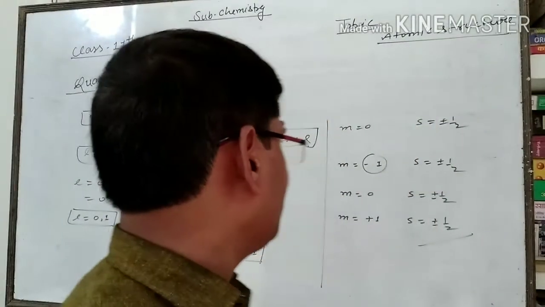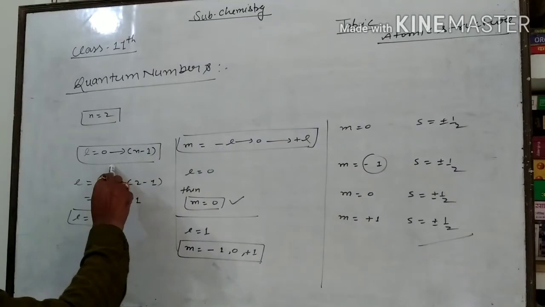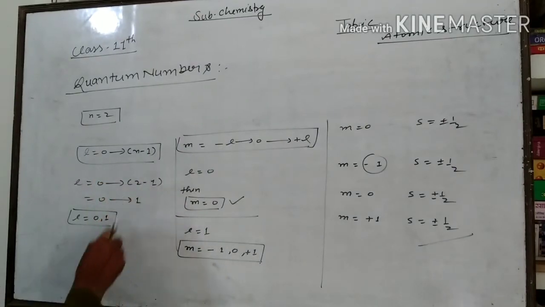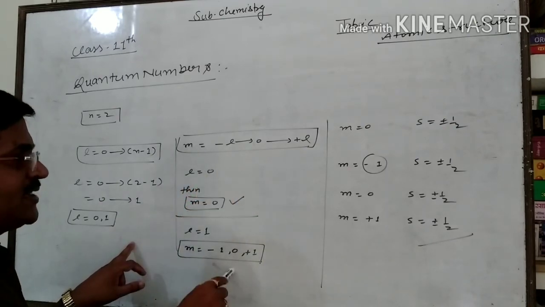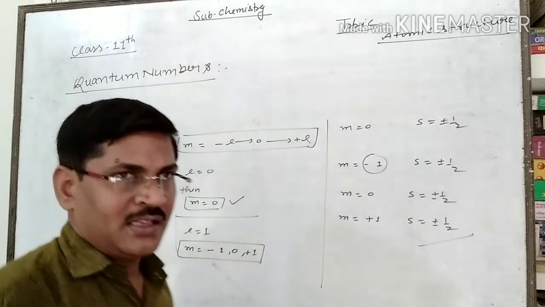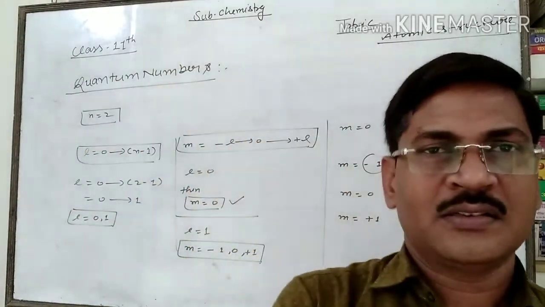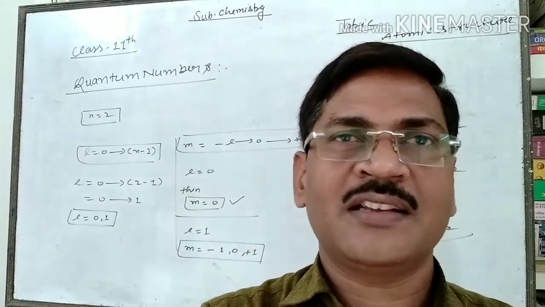Let us see once again. As given here, by using the formula of the principal quantum number, this, after that, by finding these values, you have to find out the magnetic quantum number by using this formula, and after that, the spin quantum number. In this way, I am going to complete this and some other type of question based on this in the next video.